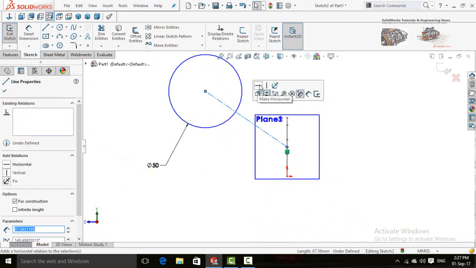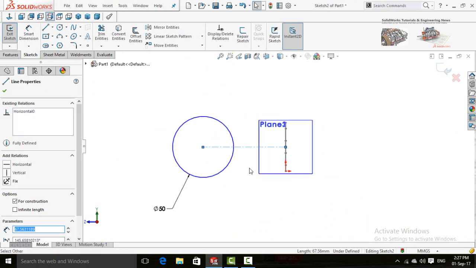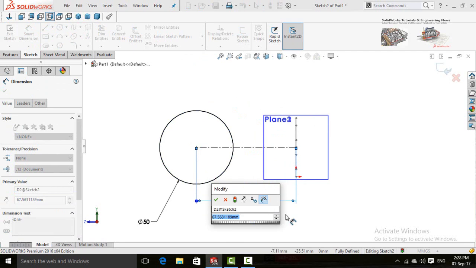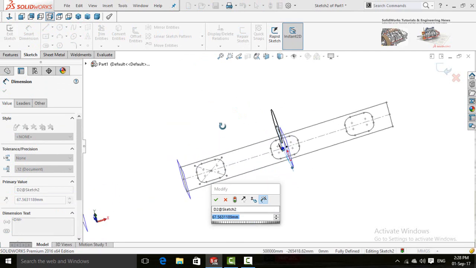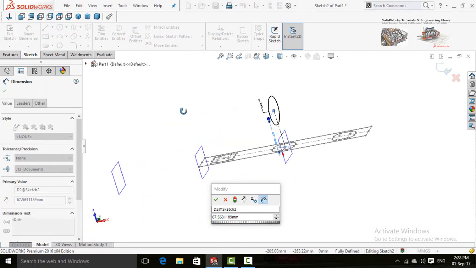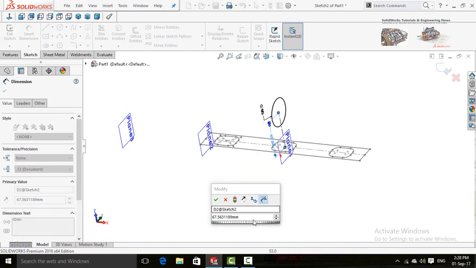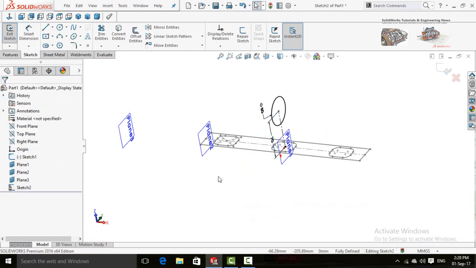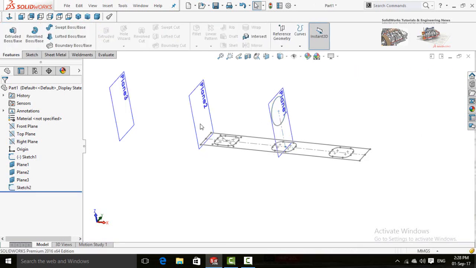Now click on this line and make relation horizontal. Now define it: 70 millimeters. Press OK button. Now save and exit from sketch.